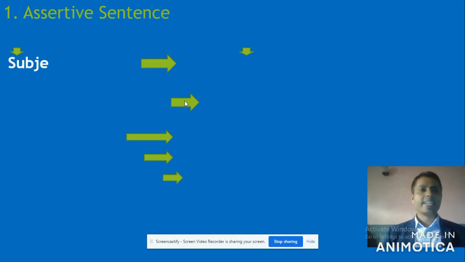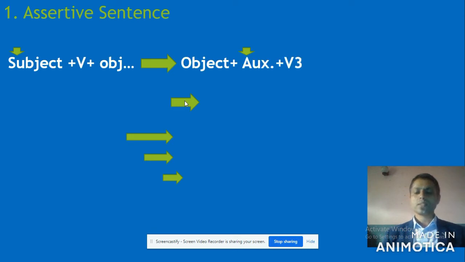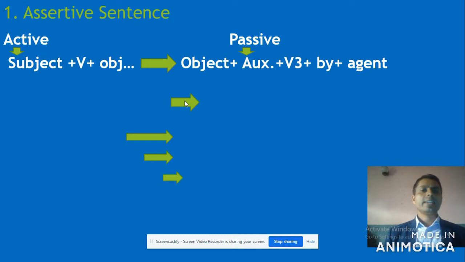Well, look at here. Number one, what do you see here? Active and passive. Got it? Let's study this structure under active and passive: the structure of active and the structure of passive here on the screen. Very fast, please note it down in your copy. After knowing this structure, we will be practicing example active sentences and passive sentences on the basis of the structure given here on the screen under assertive sentence.